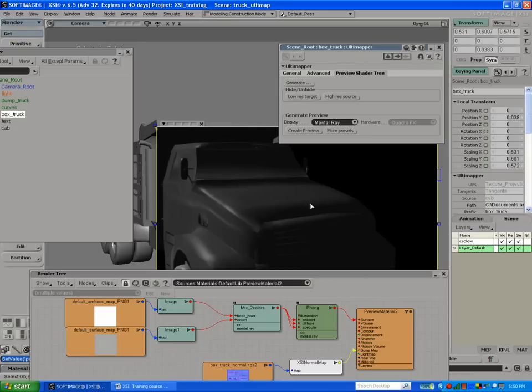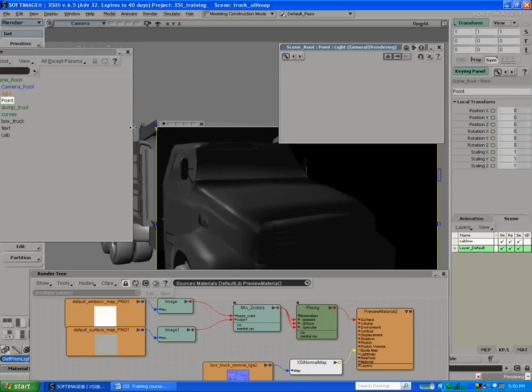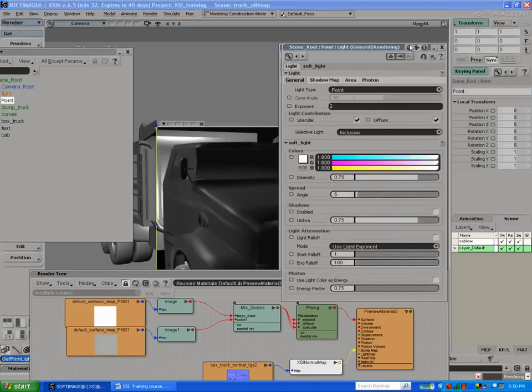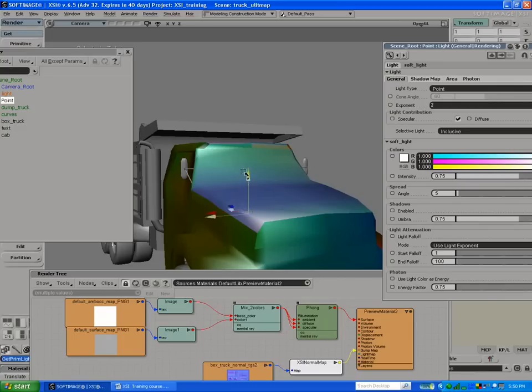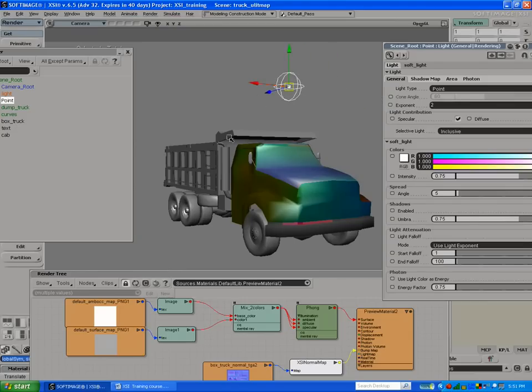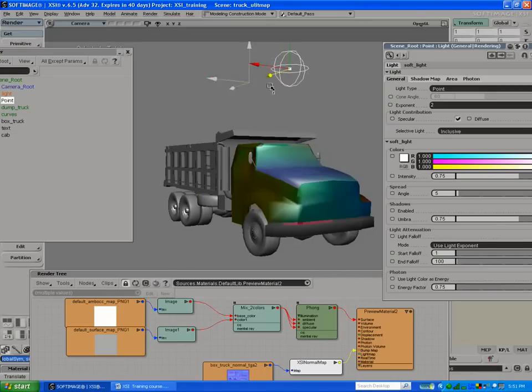If I had some better lighting in there, let me quickly do that. Primitive light. Just put a point light in there. Move that light around a bit. Close that down for a second. So we just move the light a bit, and we just render out that again. It should look pretty nice. You can see as I move the light around, you're getting a lot of detail from the XSI normal map